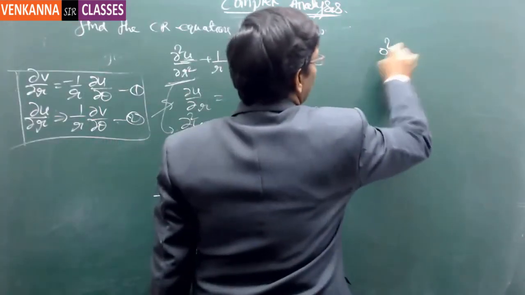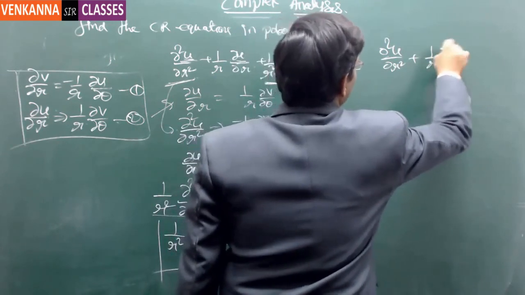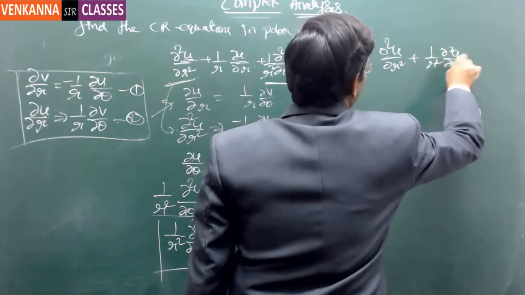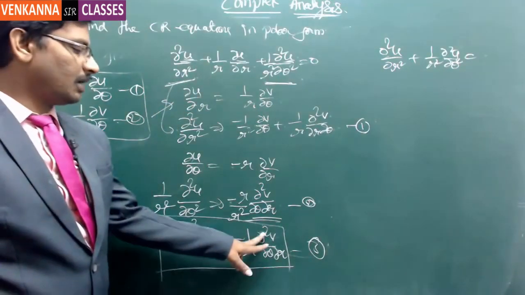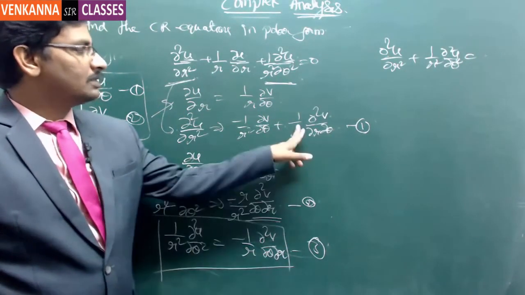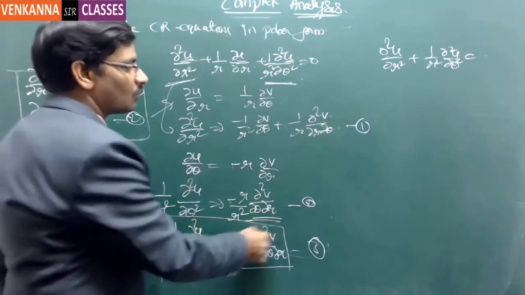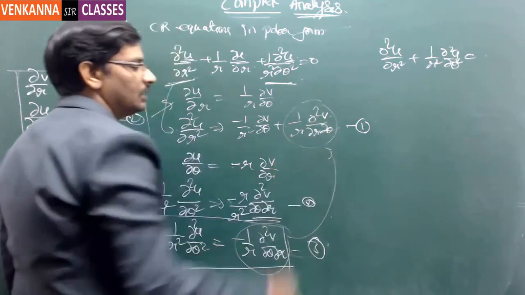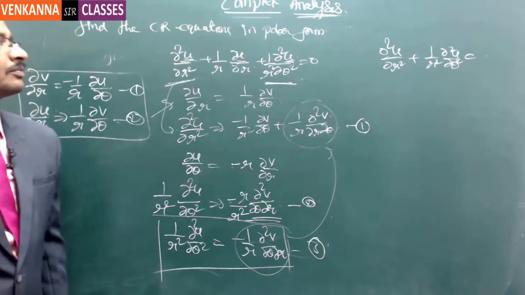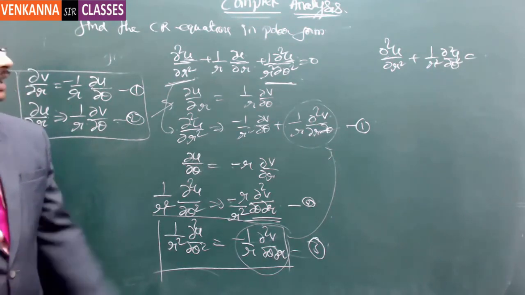∂²u/∂r² plus 1/r² times ∂²u/∂θ² is equal to, now this is minus 1/r into ∂²u/∂θ∂r. This is 1/r into ∂²u/∂r∂θ. These two are one and the same. This part and this part being equal and opposite will cancel out together. Got it? Now what is left over is